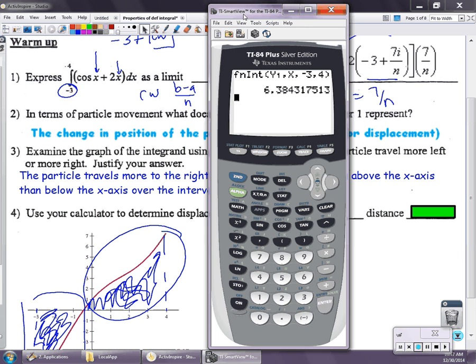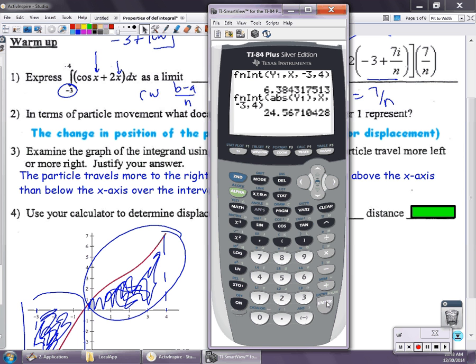So to do that, I'm going to pull up what I had before. I'm going to go second, enter, and that pulls up what I typed in last. And all I need to do is put an absolute value. So second, insert, math, an absolute value around my function, because now I'm trying to force all of the area to be positive. So I inserted an absolute value, enter, that forces all the area to be positive, which will give me a total distance traveled of